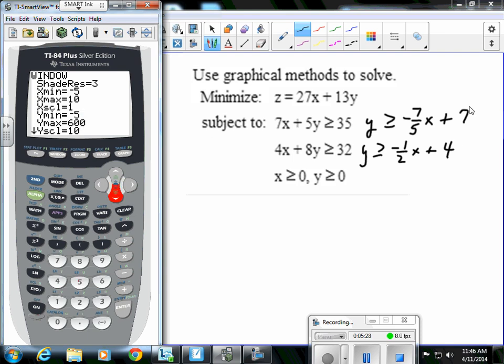My y max, of course, my y-intercepts being 7 and 4, I'm just going to go above them. I'm going to go to 10, and I'm going to let my scale be 1. I'm not going to change my shade resolution. I'm going to leave that at 3. Now when I hit graph, it's going to graph